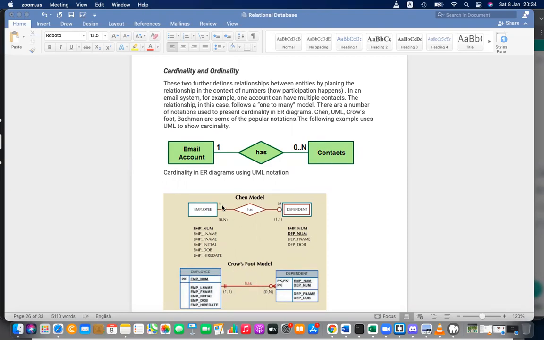We are using the letters 1 and M. So cardinality or ordinality is explaining the participation of entities in relationships. Please write that down.